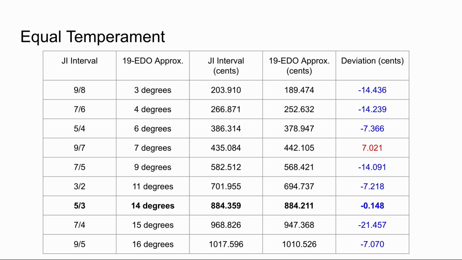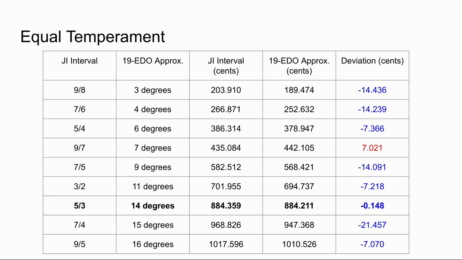To put into perspective how good this approximation is, you wouldn't find an EDO that approximates this better until 232 EDO. And the first EDO to approximate 5 over 3 better than 19 EDO relative to its size is 422 EDO. Of course, though, these equal temperaments are huge and would be impractical, especially to implement them on instruments. And 19 EDO's approximation of 5 over 3 is so perfect that it's indistinguishable from an exact 5 to 3 interval anyway. If you want to learn more about 19 EDO, someone else has already made a short series on the tuning system. Be sure to check out the third link in the description for that.